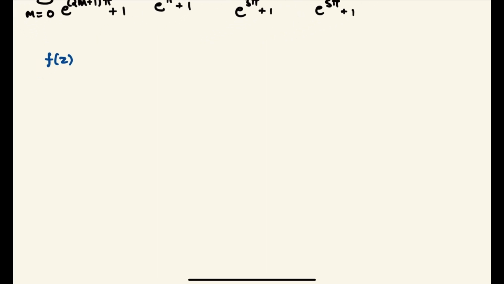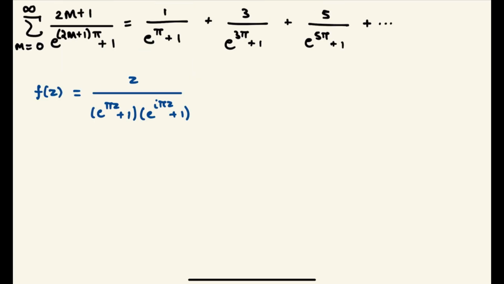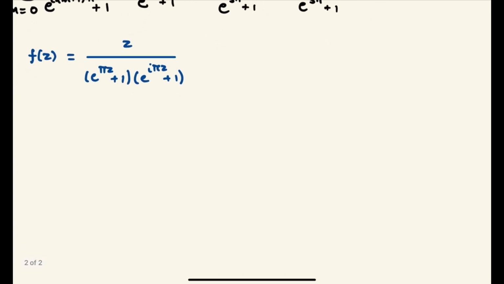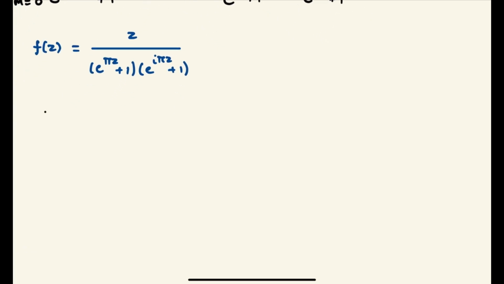So f of z equals z all over (e to the pi z plus 1) times (e to the i pi z plus 1). I know this function seems completely random and out of the blue. It's so beautiful how everything kind of comes together at the end. Okay, so we have this function, and now what we're going to be trying to do is take a